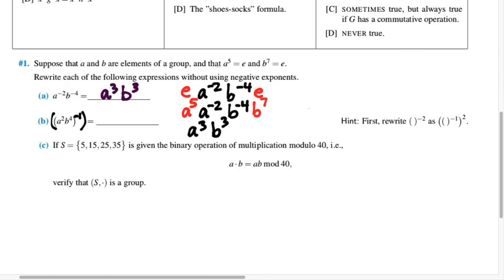and then I think about taking that whole thing and squaring it, that helps because this expression can be evaluated using the shoes and socks principle, right? Because it's the inverse of a product, its result is going to be the product of the inverses in the opposite order, b to the minus 4, a to the minus 2. So don't forget shoes and socks. Without shoes and socks, we're not going anywhere on this problem, because that's what allows us to eliminate the parentheses and apply that inverse to the things that are on the inside. Now all we have to do is square that result,